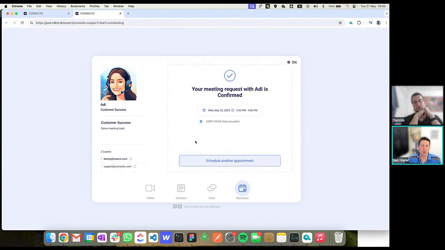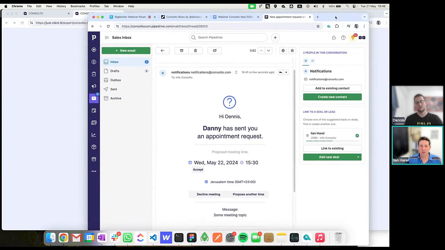During this time, Consolto will be sending meeting invitations to both parties, right? So that's really important because both sides will receive reminders and meeting confirmations. The meeting confirmation will look something like this. And I'm showing you our Pipedrive, for example.